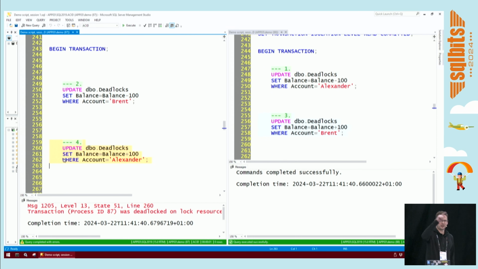And this night watch thing, background guard agent something, deadlock agent, is that it? It checks every 7 seconds. So it doesn't check every millisecond because that would slow your system down. It checks roughly every 7 seconds. So you might get this error immediately or anywhere between 0 and 7 seconds from now. So you can see that the left-hand side started all this, has done the least in some sense, and that was chosen as the deadlock victim.